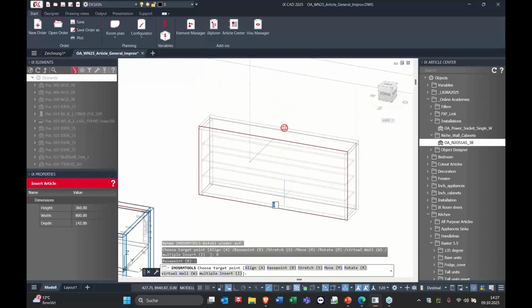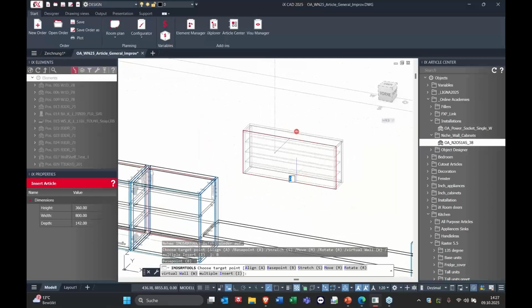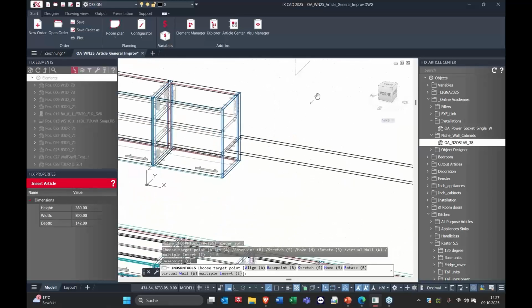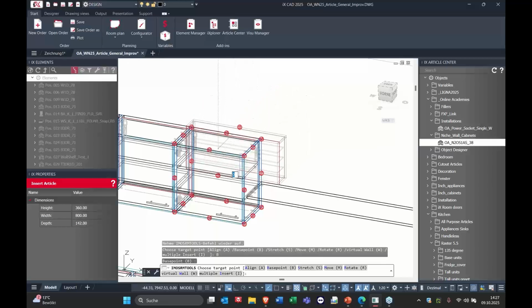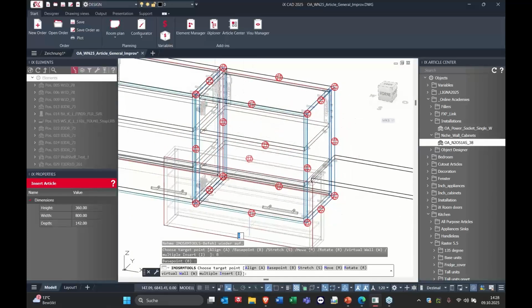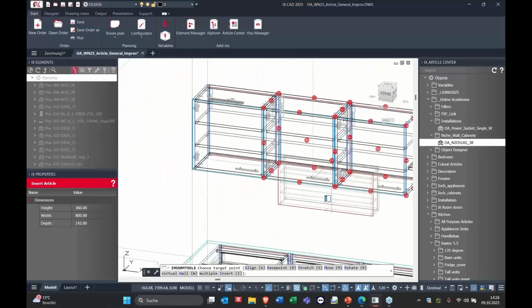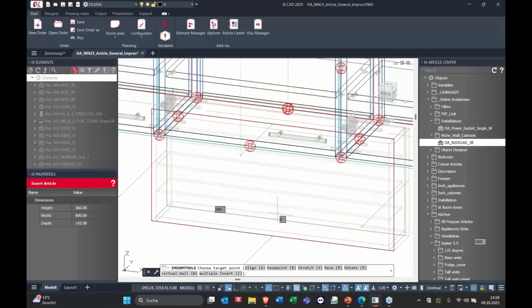You see in red, the base point has been changed now to the top middle point of the top shelf. And when I go near another article with this article now, it will automatically activate the other base points of the article that is near to mine. So now I can just go ahead and align these two base points to each other, and they will snap